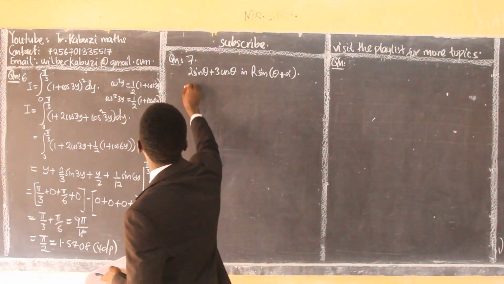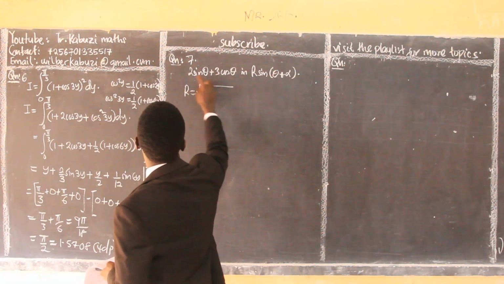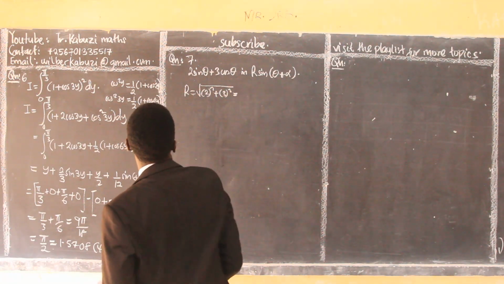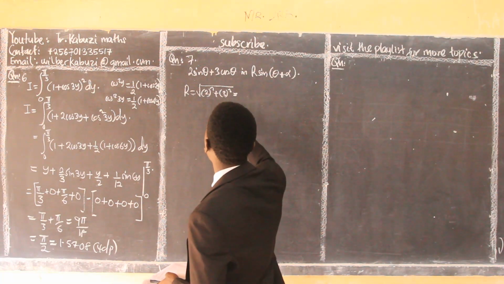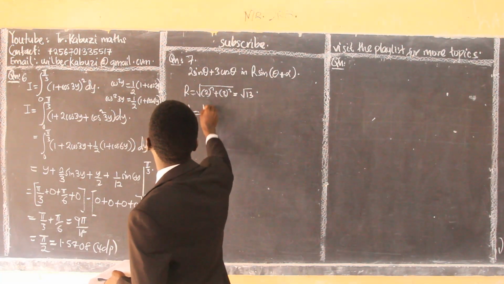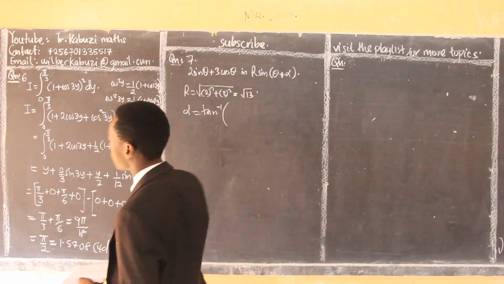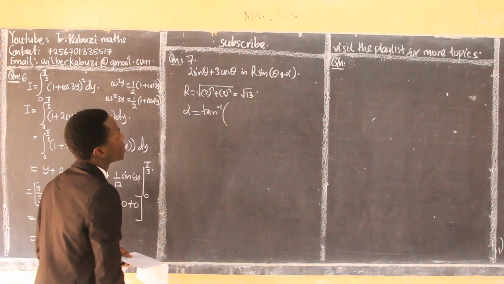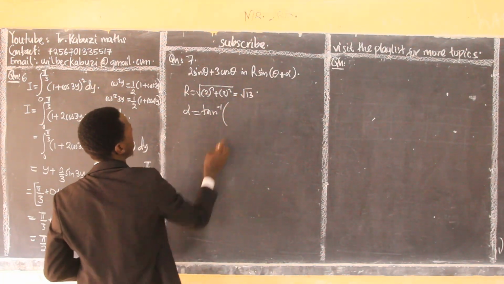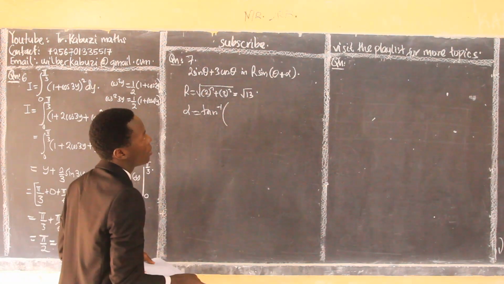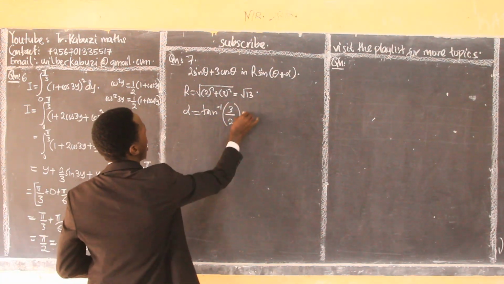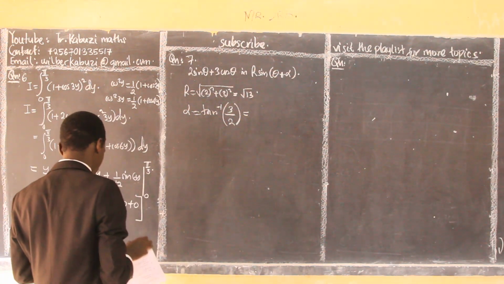Here, the easiest way, our r is always equal to the square root of 2 squared plus 3 squared, which will be 4 plus 9, which will be root 13. Then always alpha is equal to tan inverse, and the coefficient of sine becomes a denominator. So it will be this over this. And if you simplify that, you'll have